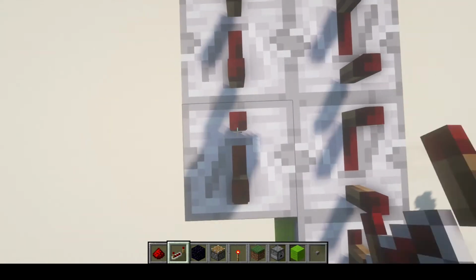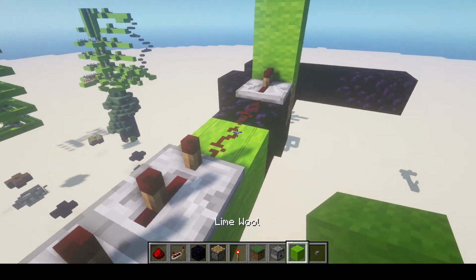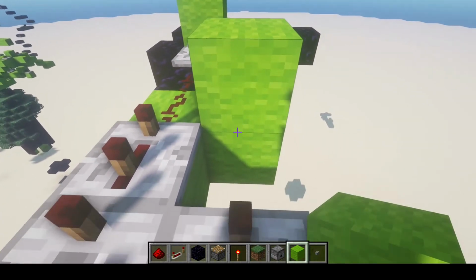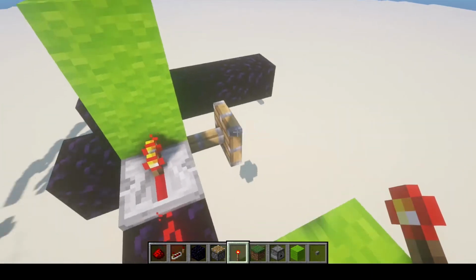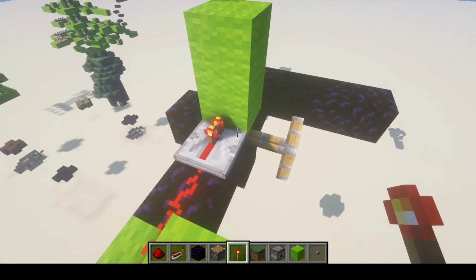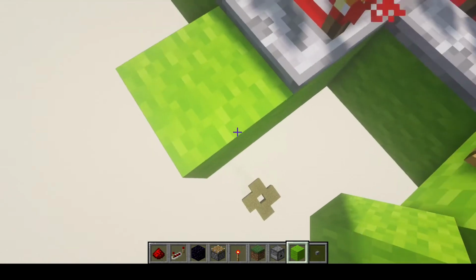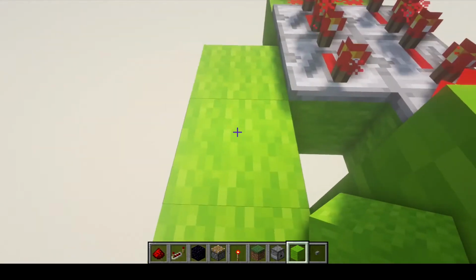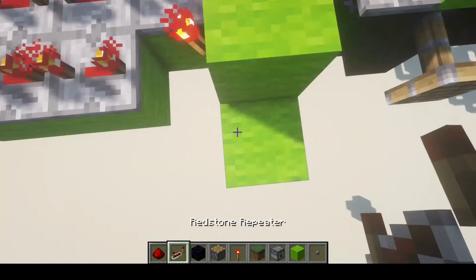block, redstone, repeater 4 ticks, and then what you want to do is remove this block, place a redstone torch. And if everything is going to plan, this piston should extend as it has for me. Another thing that you might want to do is then place a block here, and then remove these 2, and then place a repeater right here,